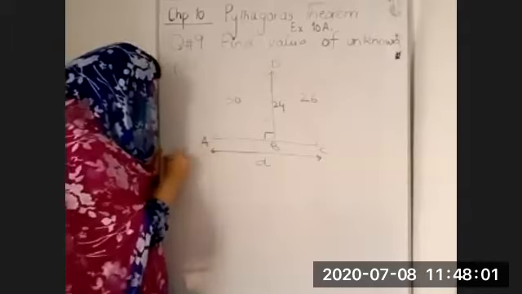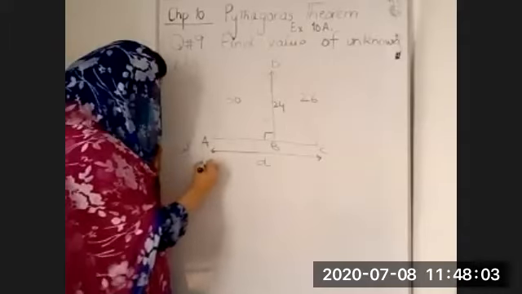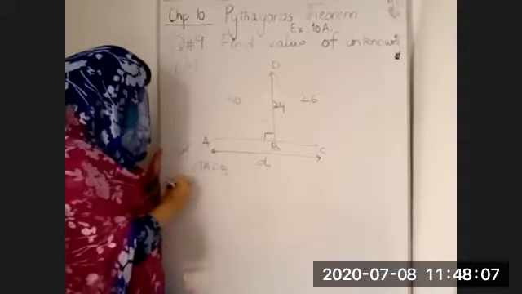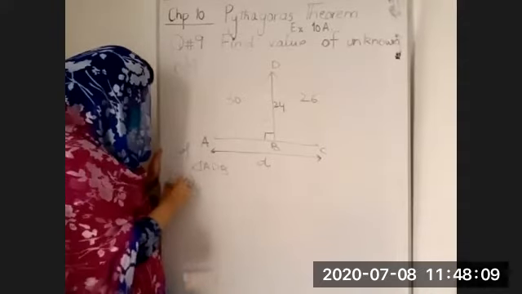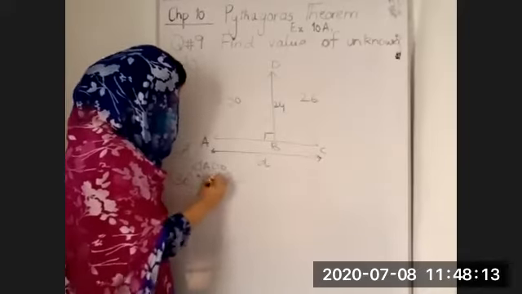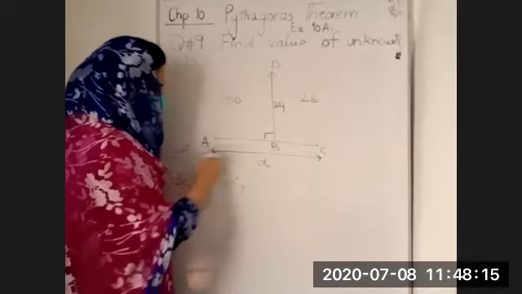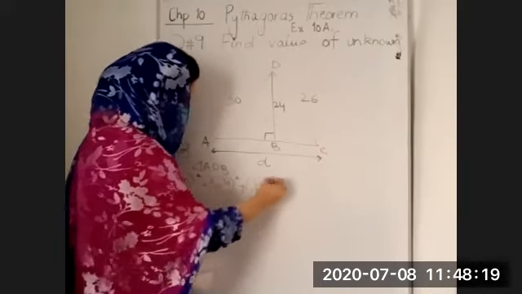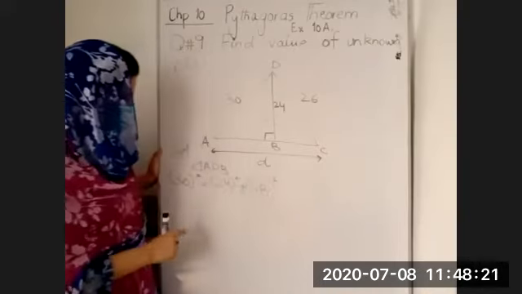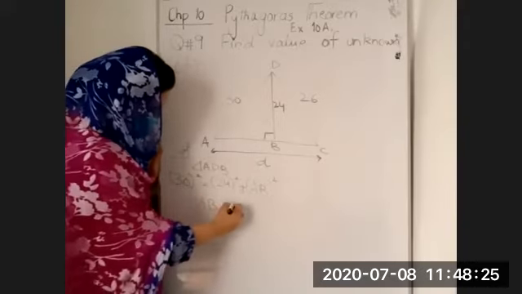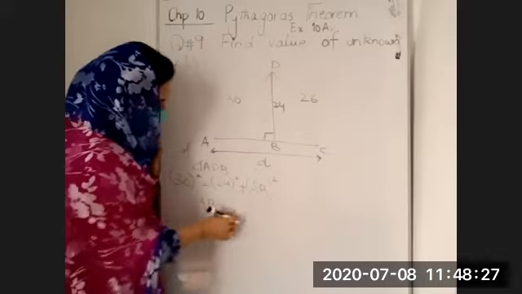So by first taking the triangle ADB opposite to 90 degree, 30 is your hypotenuse. So hypotenuse square is equal to perpendicular, which is 24, perpendicular square plus base. We don't have base, I'm going to write AB as it is. So from this equation you have to find out the value of AB. यहाँ से आप किसकी वैल्यू निकालेंगे AB की.